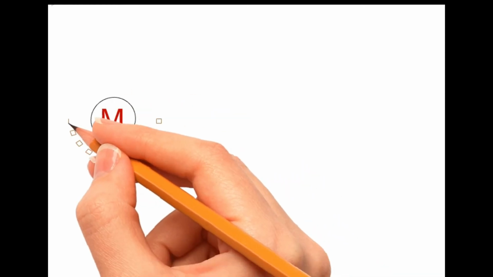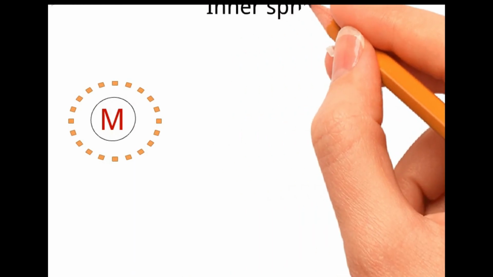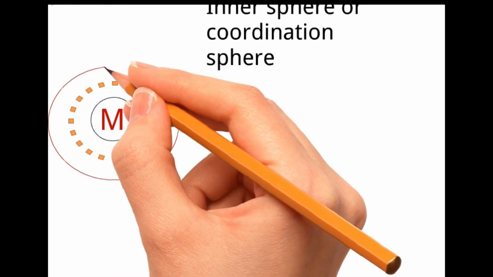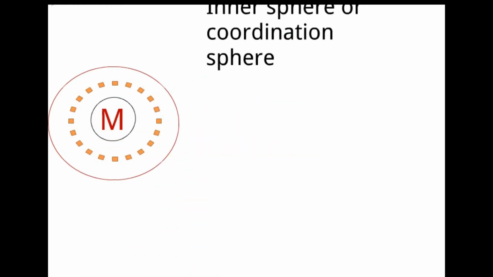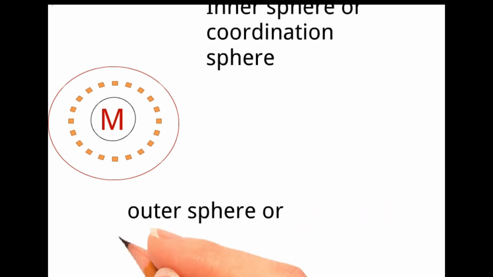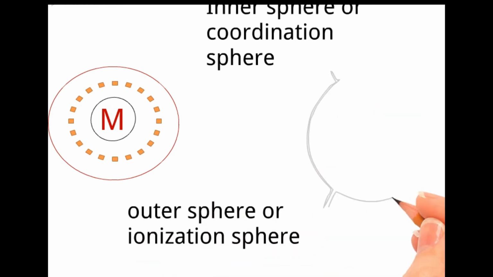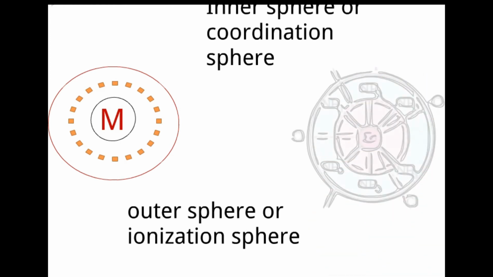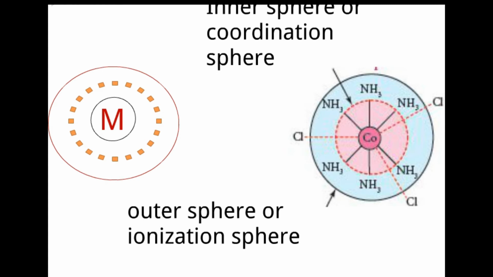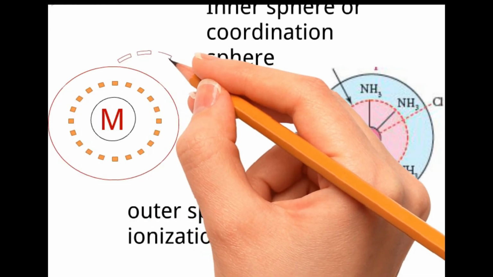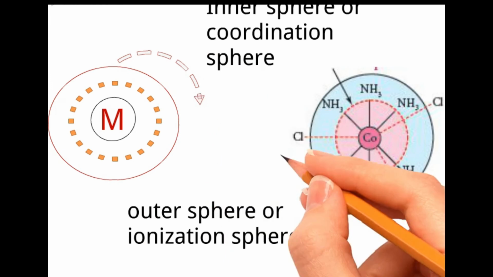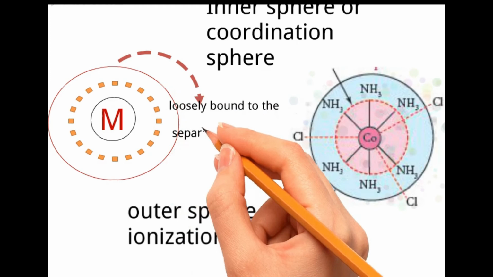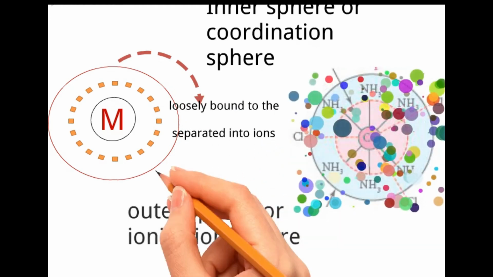See, here it is explained the inner sphere, the detailed structure of the coordination compound. Here the metal is first surrounded by the inner sphere or coordination sphere. The second is the outer sphere or ionization sphere. Inner sphere means the secondary valency. Outer sphere means the oxidation state. In this diagram you will understand the outer sphere chloride ion, or any outer sphere counter ion, is attached loosely to the central atom. So it is loosely bound to the central atom and can easily separate into ions. So it is dissolved into solution.